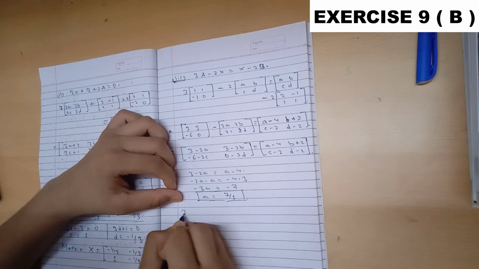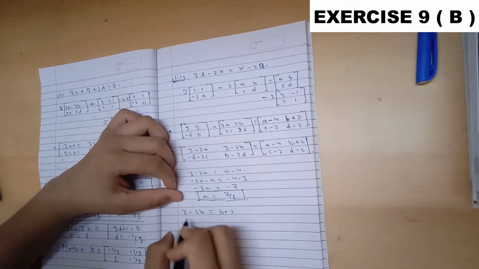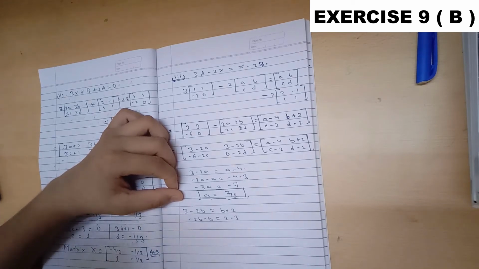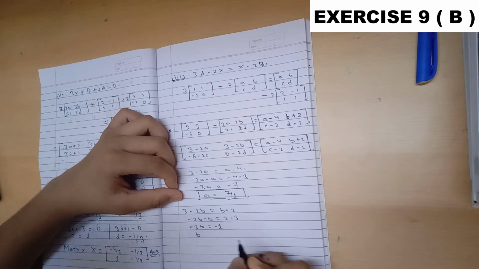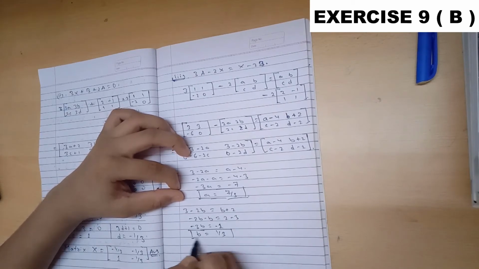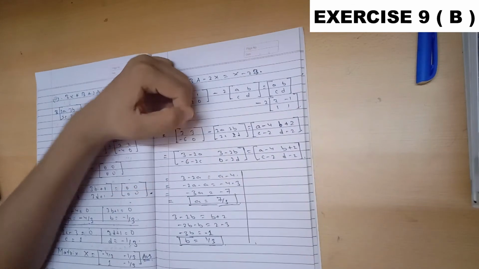Next is 3 minus 2b is equal to b plus 2. B again gets over here. Minus 2b minus b is equal to 2 minus 3. So this becomes minus 3b, and this becomes plus minus, minus sign of the greater number, which is 1. So minus 1, which is equal to, b is equal to 1 by 3. Minus and minus gets cancelled up. So we get the value of b as 1 by 3. Let's see the other values.